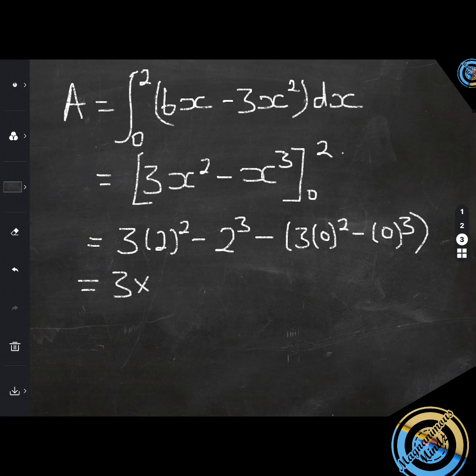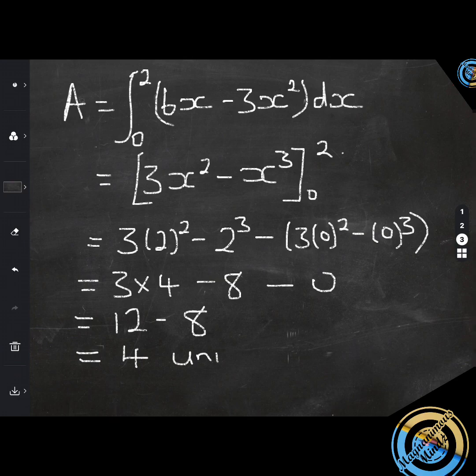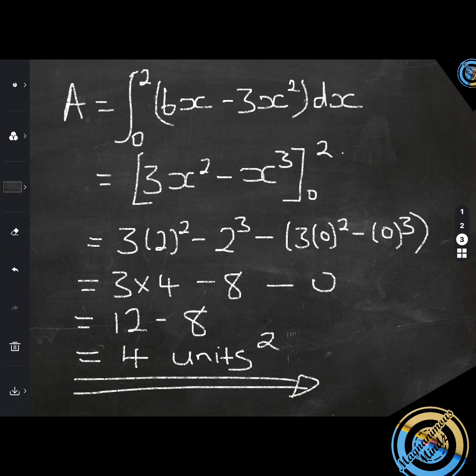This gives us 3 times 4 minus 8 minus 0. There's 12 minus 8. It gives us 4 units squared. And that's it for the third question. And then for the fourth question,